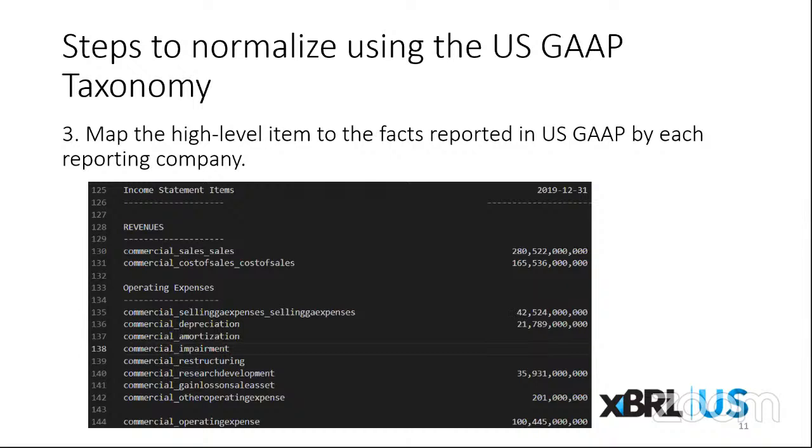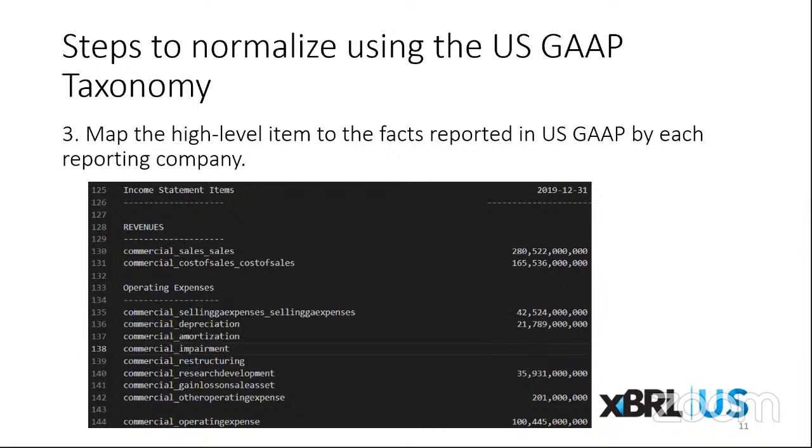I have a list of all the things I include as sales. I get that list from the US GAAP taxonomy by mapping those high-level elements in the US GAAP taxonomy to sales and getting all the descendants of them. I then open the filing, look for the income statement, and get all the leaf nodes on the income statement. Then I get the intersection of those elements for revenue, I sum them up, and I get a total of 280. Do the same thing for cost of sales, SG&A, depreciation,